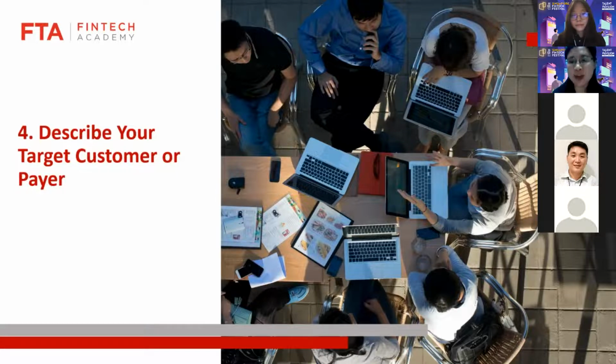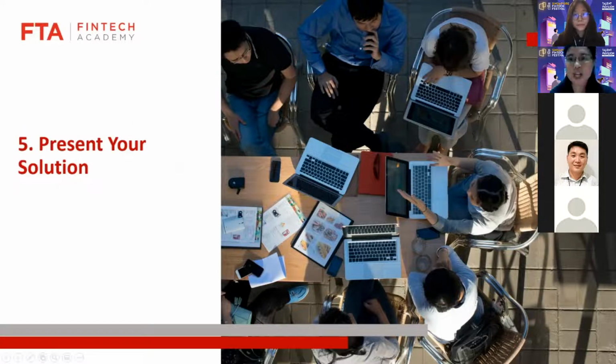What should slide 5 of your presentation deck include? Slide 5 is when you present your solution, because you don't want to just start off saying, hey, we have this solution that solves this, without getting the investor to understand what the challenge is out there and why people are not solving it yet. So don't be too eager to present your solution at the beginning, but hold it midway, when you've clearly communicated what your addressable market is, who your target payers are, and the problems that you're trying to solve.